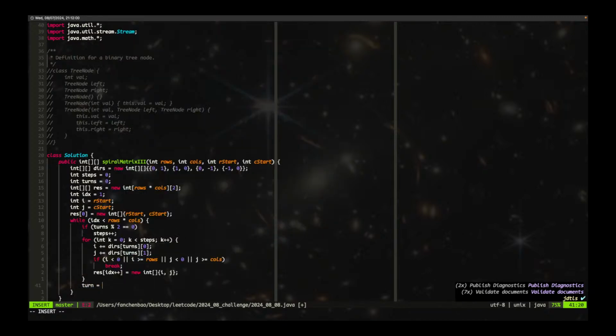So turn shall equal to turn plus 1, not 4. So, right? And then we need to figure out where the I and j is right now. Now it depends on if they are out of bound, right? If they're out of bound, then there's nothing we can do. If they're not, yeah, so basically because we're incrementing, or maybe decrementing, right? So if they're outside, so we need to pull it back in. Because the last one will be the correct one, then we go for the next one and then go out of bound, right? And then we go for the next one, right? The next one we will have,